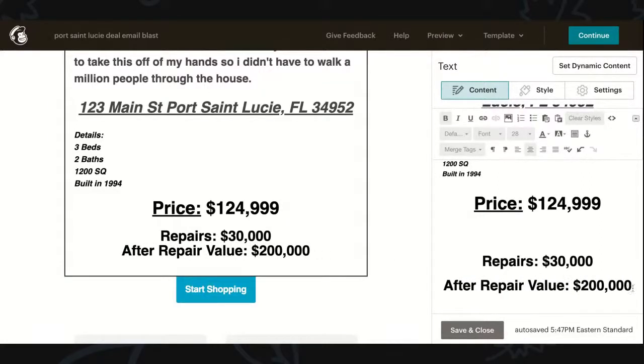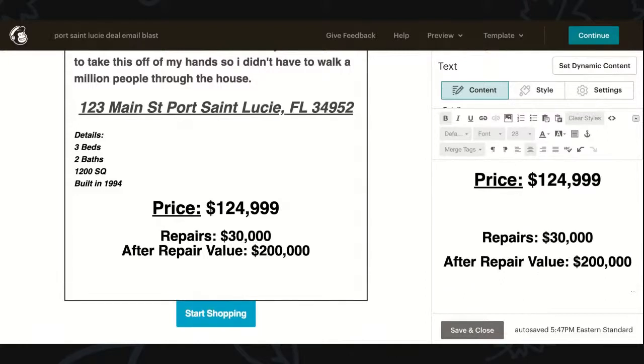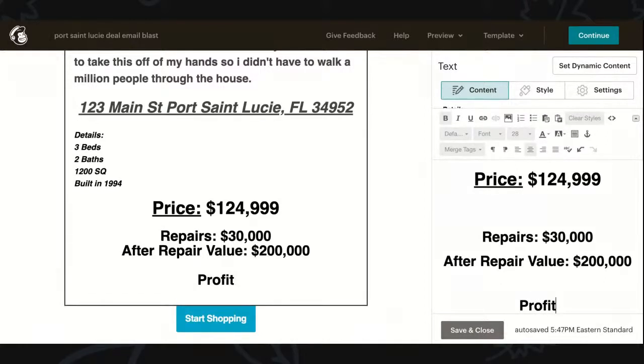And then I know some guys that like to do this. It's a little cheesy in my opinion, but profit potential. Okay, I'll do that too, which I don't really think is that cool, but some people just like doing that. So what are you gonna do? If you just did the 200, you could add in realtor's costs.